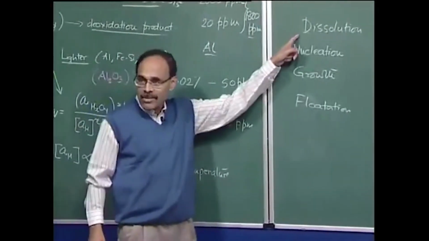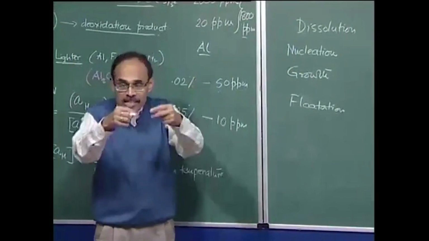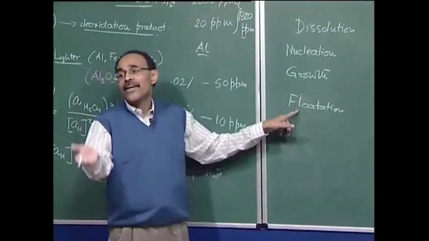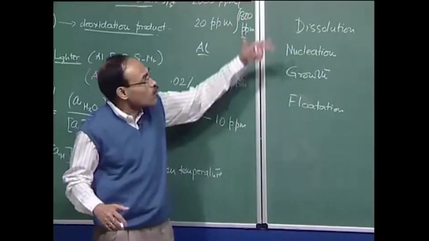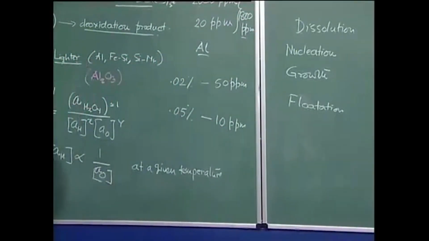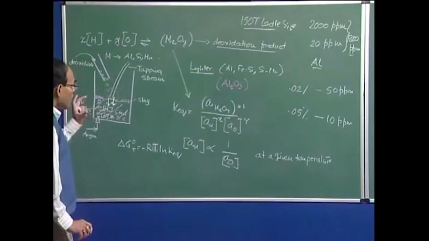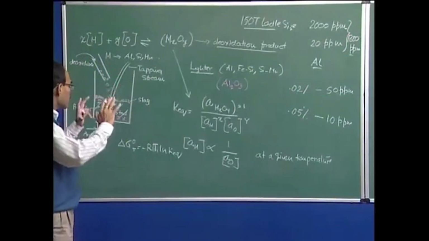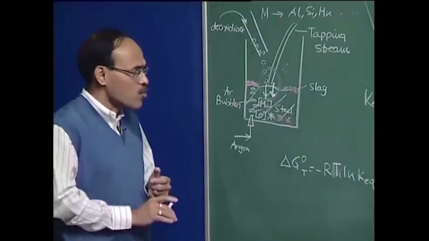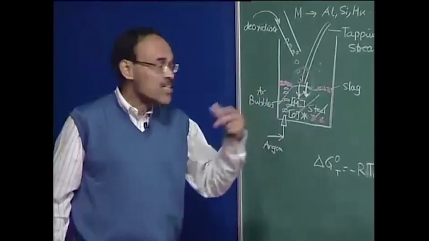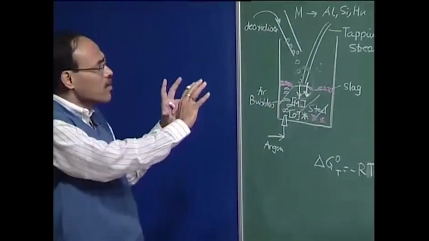So dissolution, followed by nucleation of the new phase, then growth, and subsequently the new phase floats. This totally constitutes the various kinetic aspects of the deoxidation process itself. Now I don't want to talk anything beyond this as far as deoxidation is concerned. In the next lecture I am going to show you a deoxidation calculation, but to sum up today's